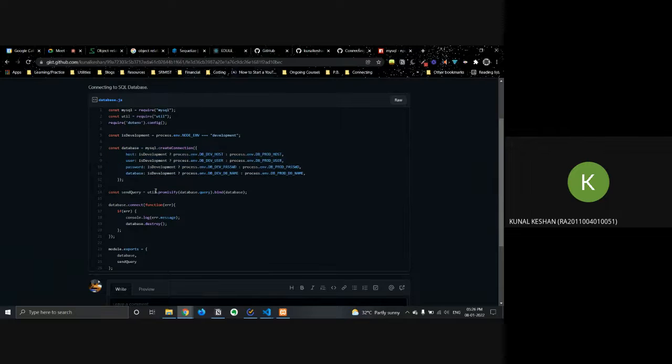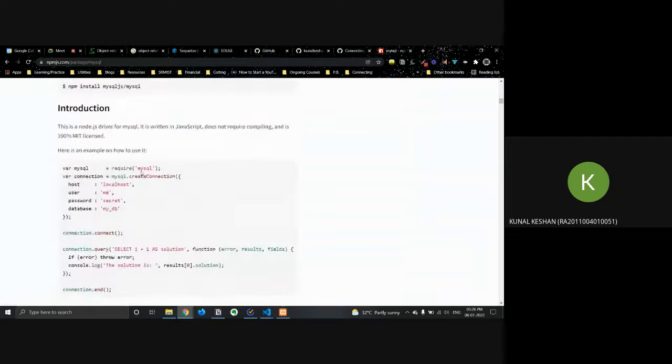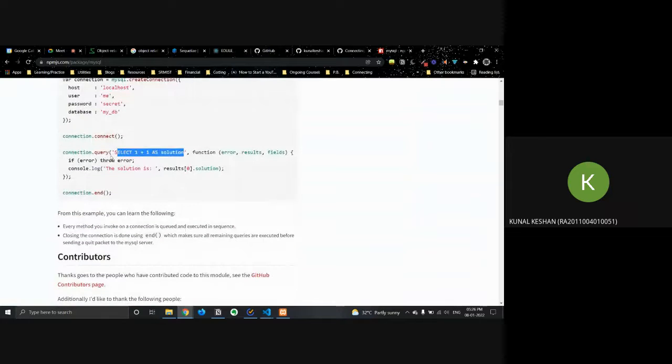Okay, so what this does is it allows me to just use this send query. It's basically the same thing. It takes in the string. So instead of using a dot query, I just use the query method, send in this, and it will automatically return me everything inside this. If there's an error, it will only return me the error. If there is no error, it will return me the results.